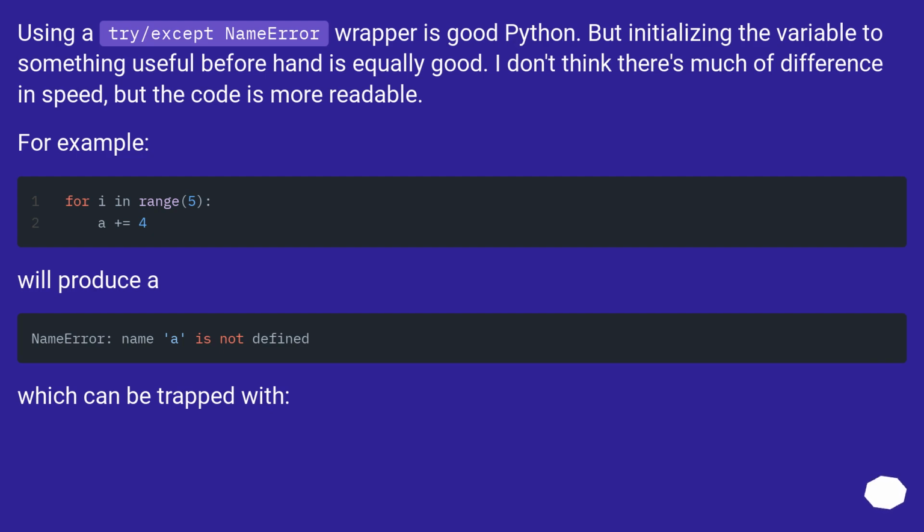Using a try/except NameError wrapper is good Python. But initializing the variable to something useful beforehand is equally good. I don't think there's much of a difference in speed, but the code is more readable. For example,